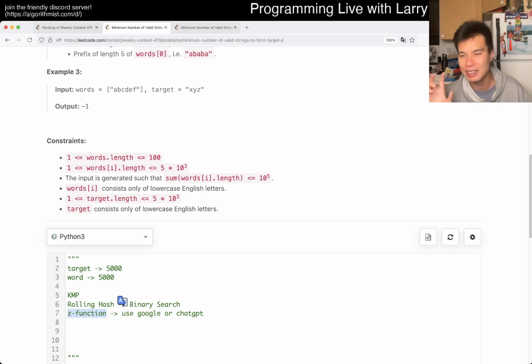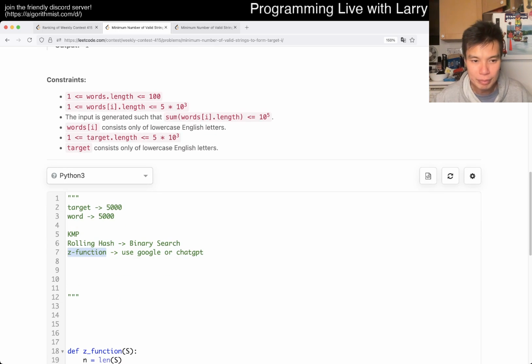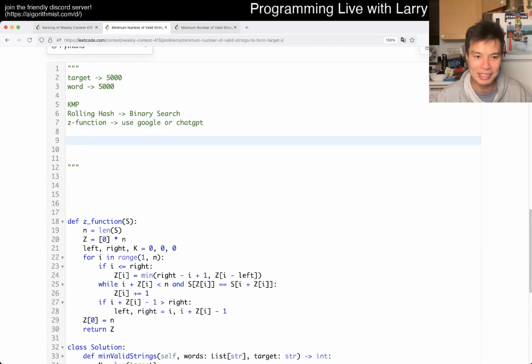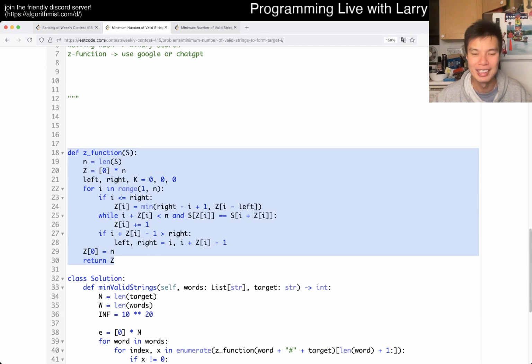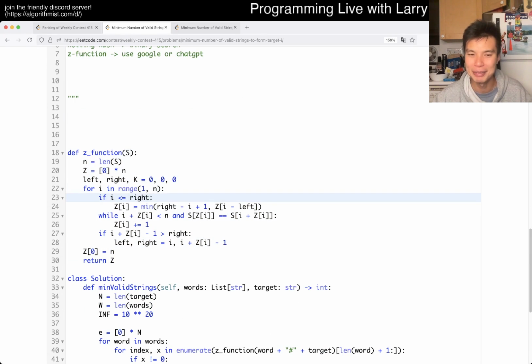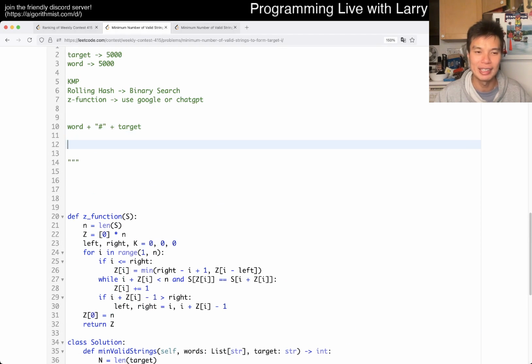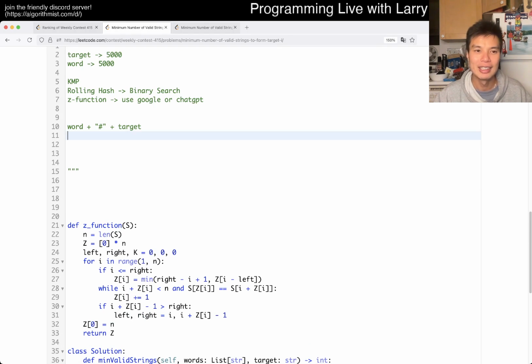And the way that you use it actually is very similar to how you use a suffix tree or a suffix array. But the idea here is that, for each word, and this is the Z function if you want to take a look at it. Again, I copied it from ChatGPT, so I don't know how it works, but the key part is that if you use a word, you're going to do something like this, right? So for a word and the target,